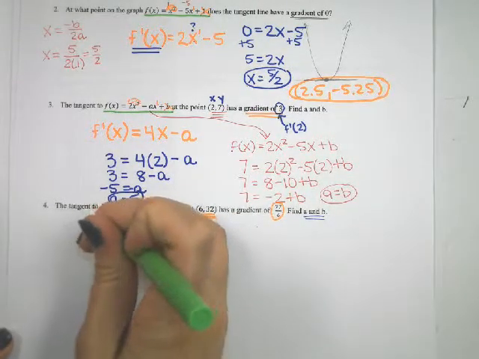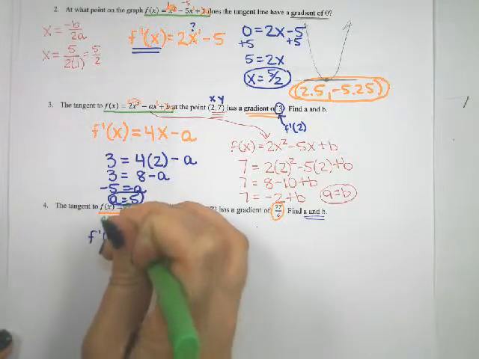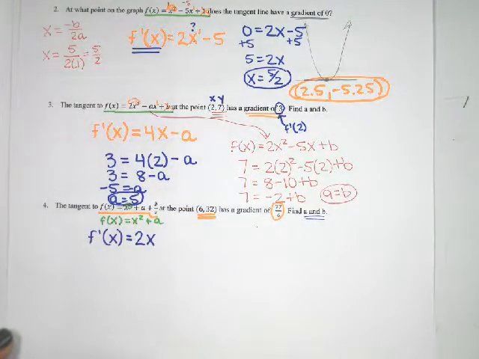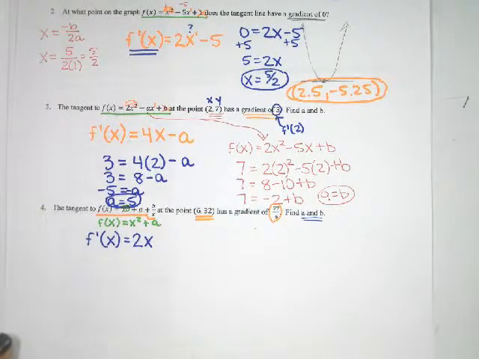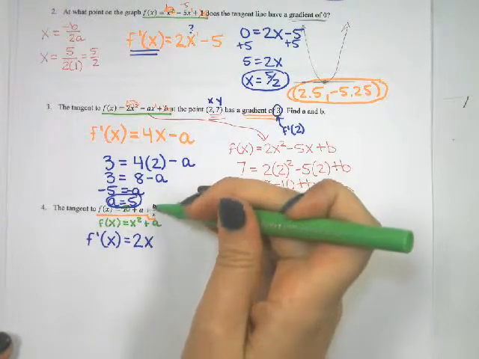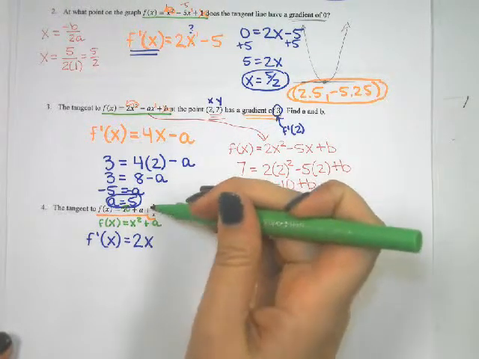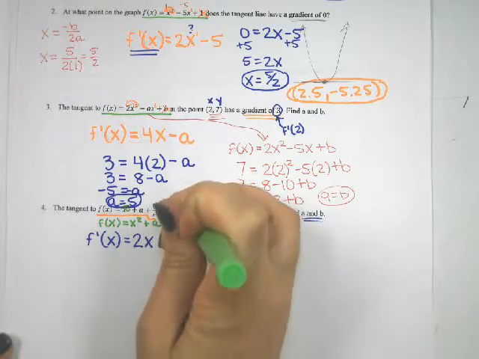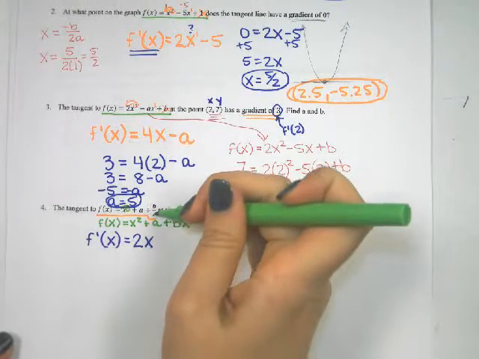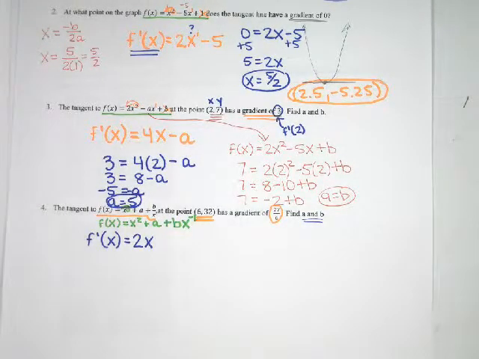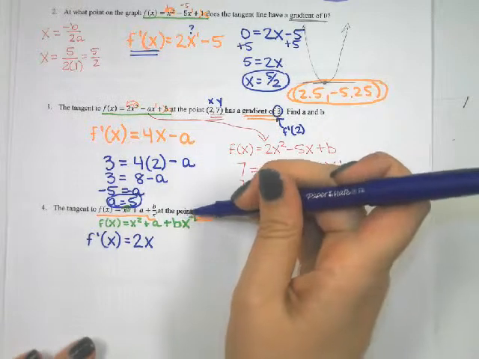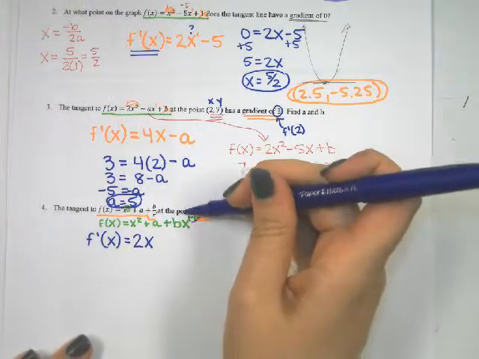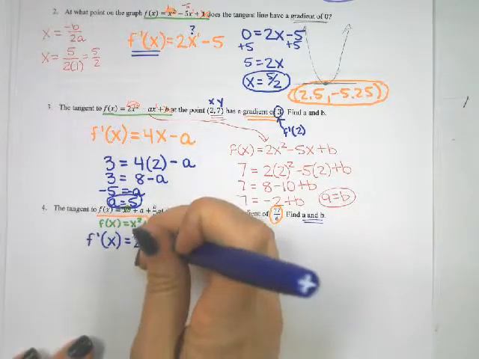For our last term, we have to reorder that. Remember, if you have an x on the bottom, in order to flip it up to the top, you can make the exponent negative. If it was negative, you could flip it and it becomes positive. If it's positive, you could flip it, it becomes negative. So we're going to have plus b times x to the negative 1. So it was to the positive 1 on the bottom, but we can write it to the negative 1 on the top. Whenever we go to finish solving this, the negative drops to the front, multiplies to the b,